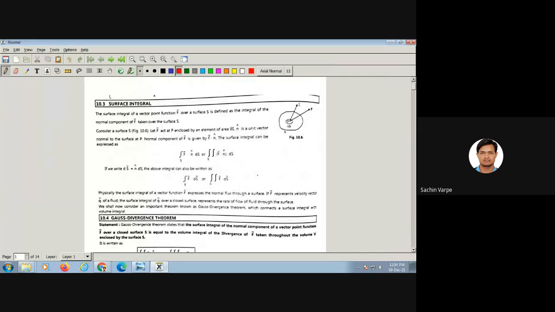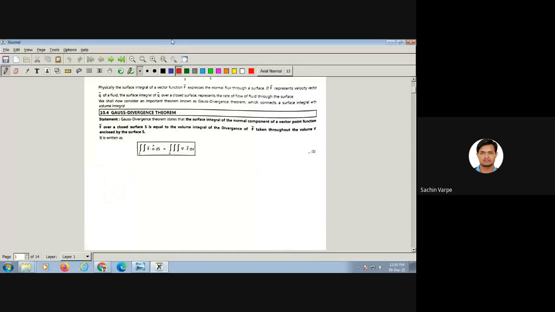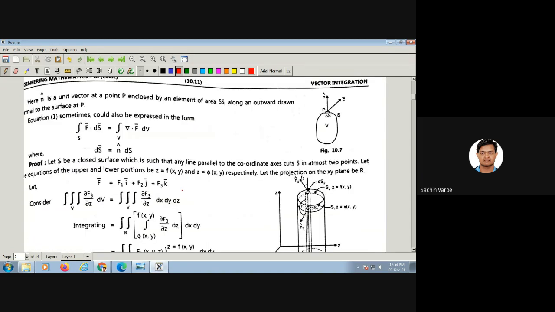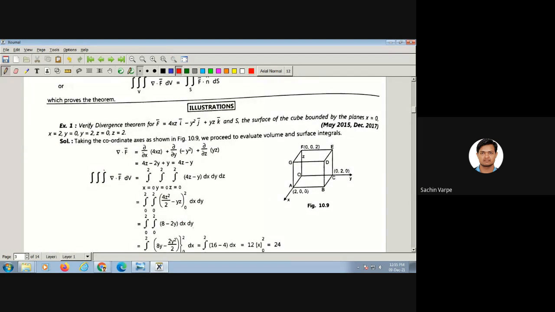Examples on divergence theorem. So what is the statement of the divergence theorem? The surface integral, I hope this is visible, of the normal component of f bar is nothing but the volume integral, over the volume bounded by this closed surface S, of the divergence of f bar. So the example we have seen, the example of the cube, if you remember, verify the divergence theorem for this particular cube,